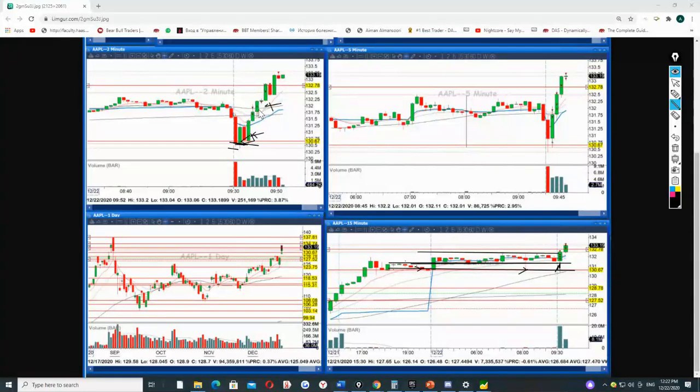After it went into the middle of the range right here, taking it to the long side after the break of this small range which formed right there, and you rode it even higher. Did you hold it for a bigger move? But that was it. I think it reached 133.40 today. That was it, because I wasn't listening. Thank you, Peter. Okay, that's